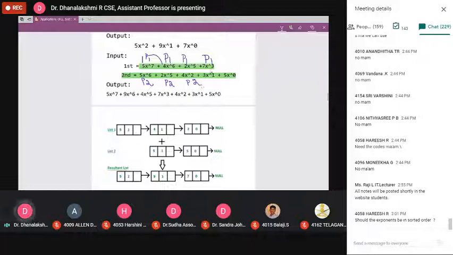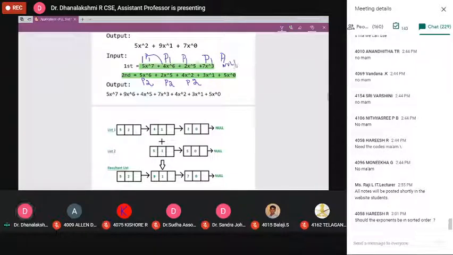Now again compare: exponent 3 and 2. I told you, the bigger exponent, exponent 3, you copy into the resultant list, 7x to the power of 3. Now I have taken information from list 1, so I increment P1 by 1. That means here we have the null value.